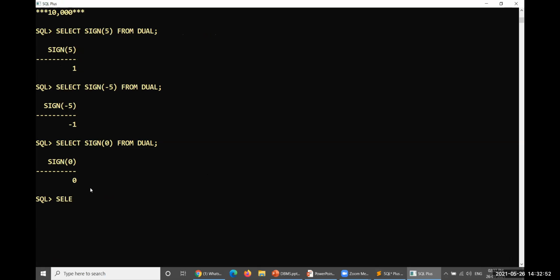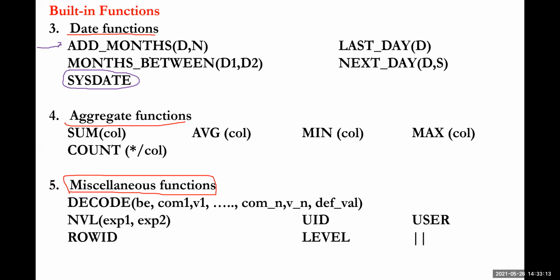So select SYSDATE from DUAL. Look at this, 26th May 2021. You can take this one here also, same. No difference at all, 26th May 2021. After that, if I would like to add some number of days, where it is,